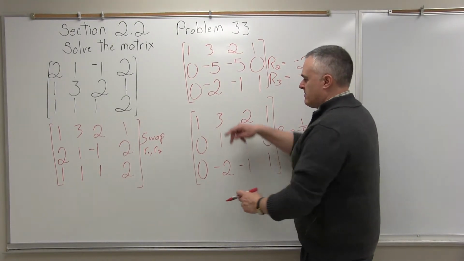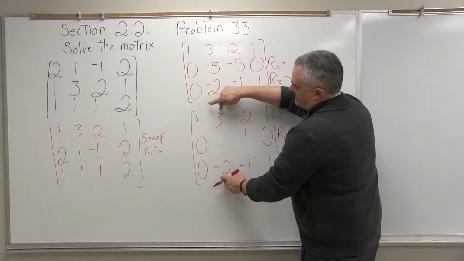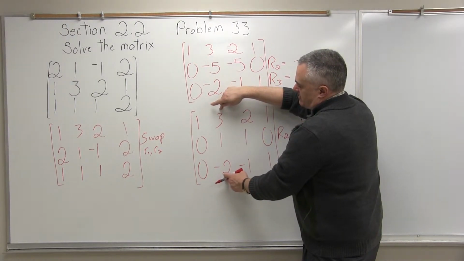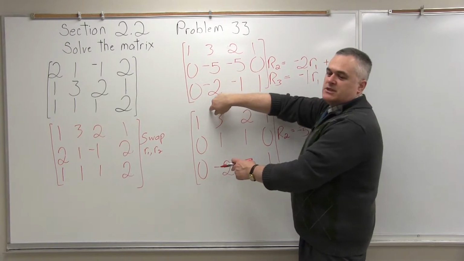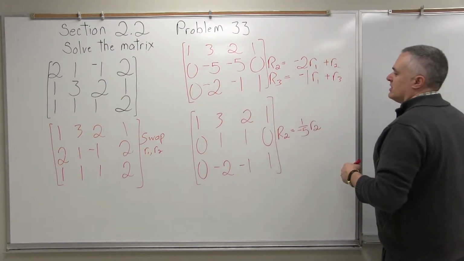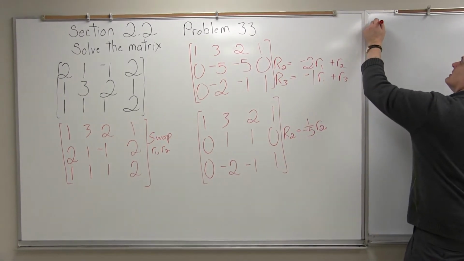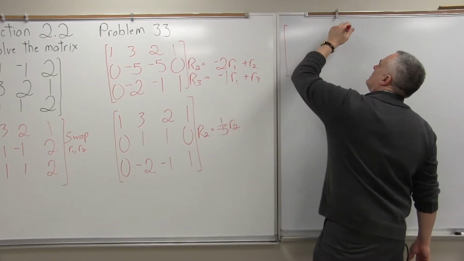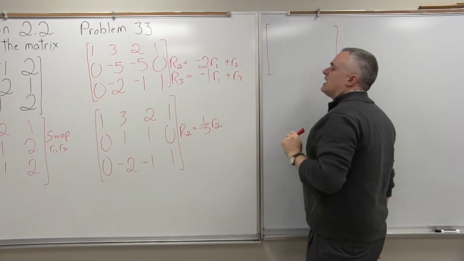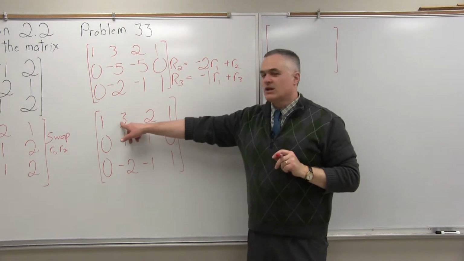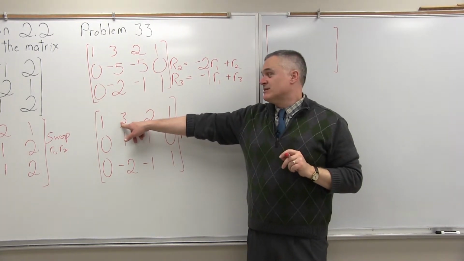Step 4 is the other two values in that second column, the positive 3 in the top and the negative 2 in the bottom, have to become zeros. So let's set that up. I'm going to do another matrix off to the side. So now the top row, I'm going to make a new top row, and I'm going to zero out that